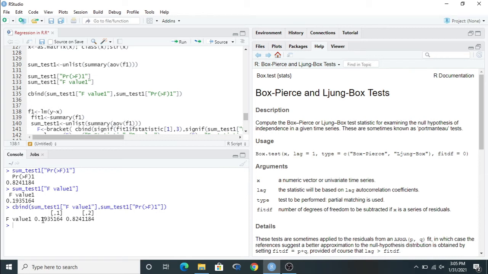But remember one thing, the number of digits here is very large, so you have to reduce the number of digits first. So we can use round and start the bracket, and at the end of this we can put the number of digits. Okay, so this is up to 3 digits, and after rounding this we can use, you can round inside the bracket also, or you can round outside the bracket. Suppose you want to round each and every element, then it's okay. Then you have to put round and comma the digit, then here also again you have to put the round, then comma and the digit. Okay, after rounding we can use the bracket function.